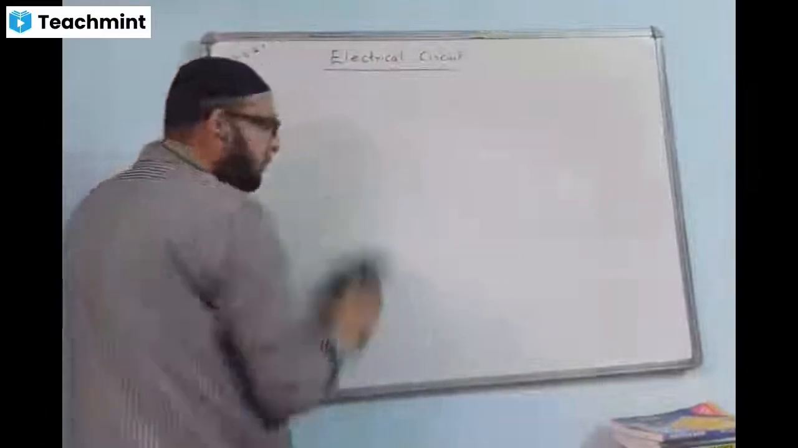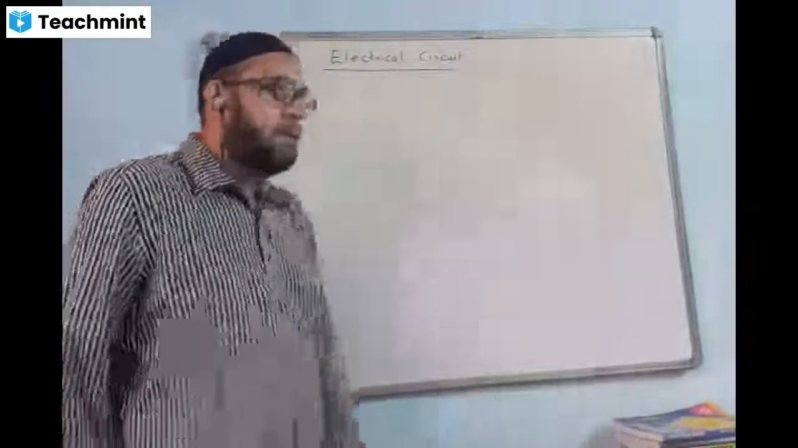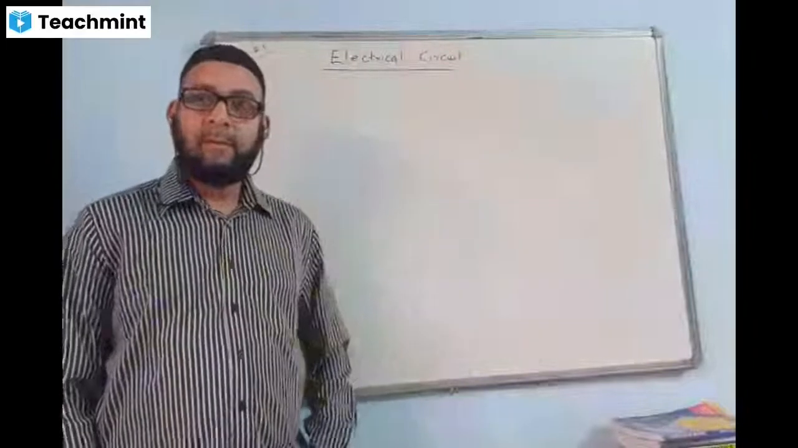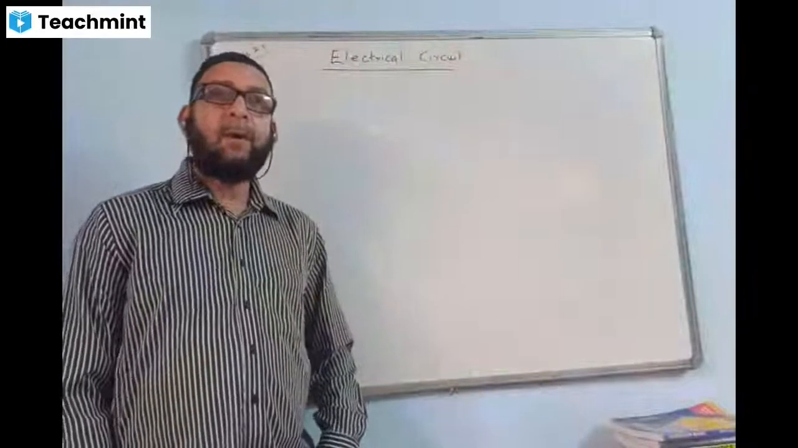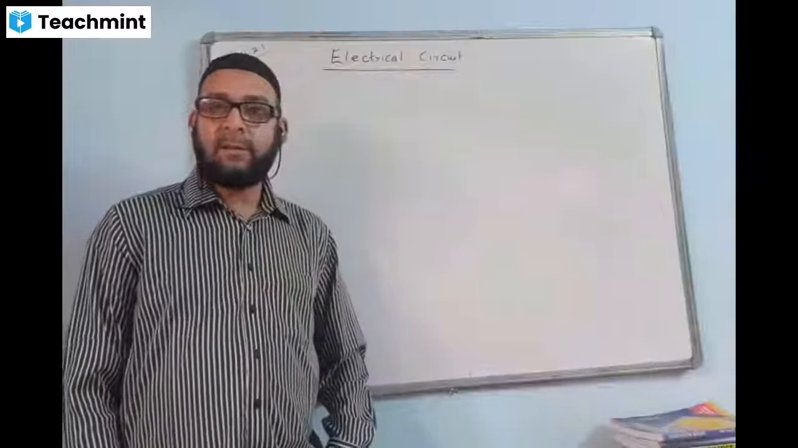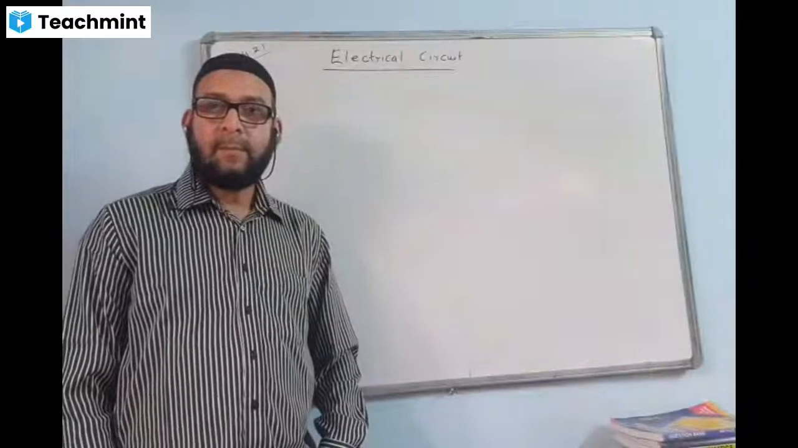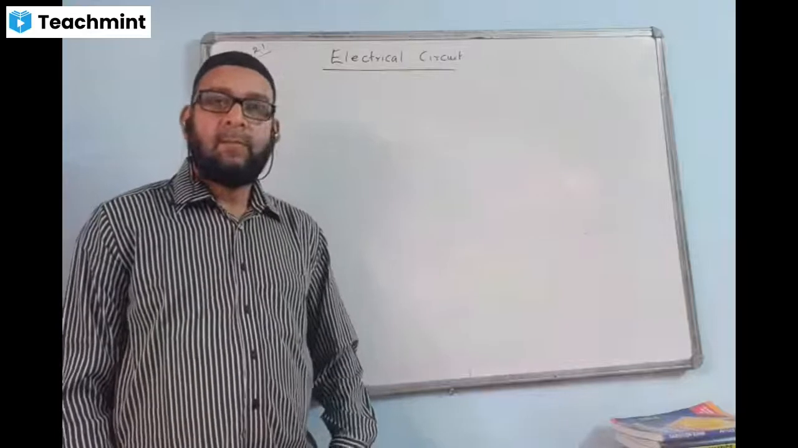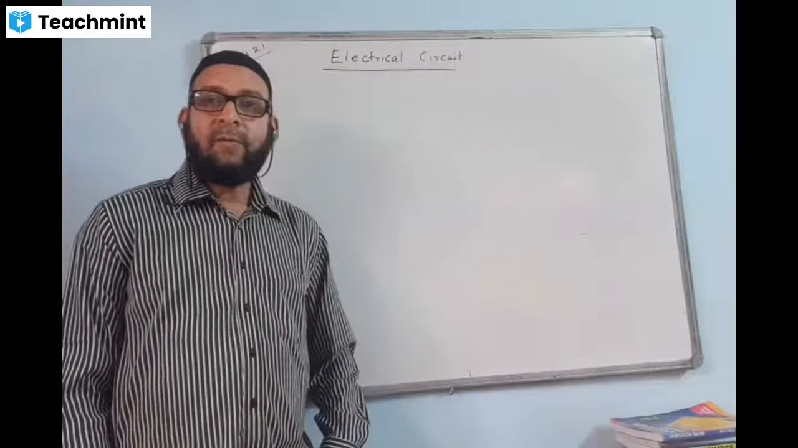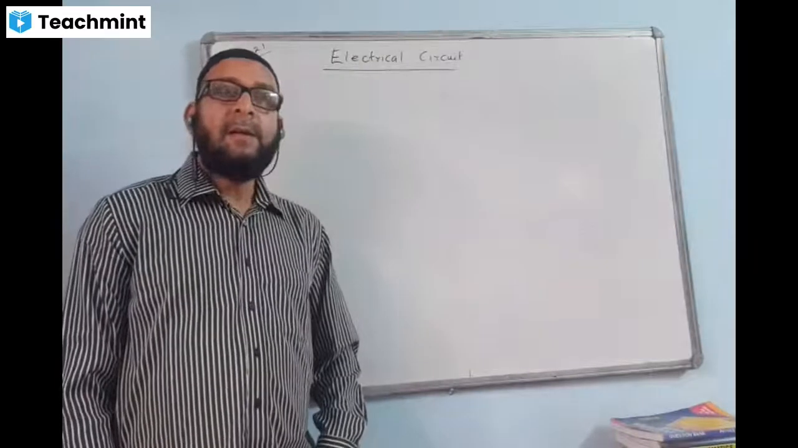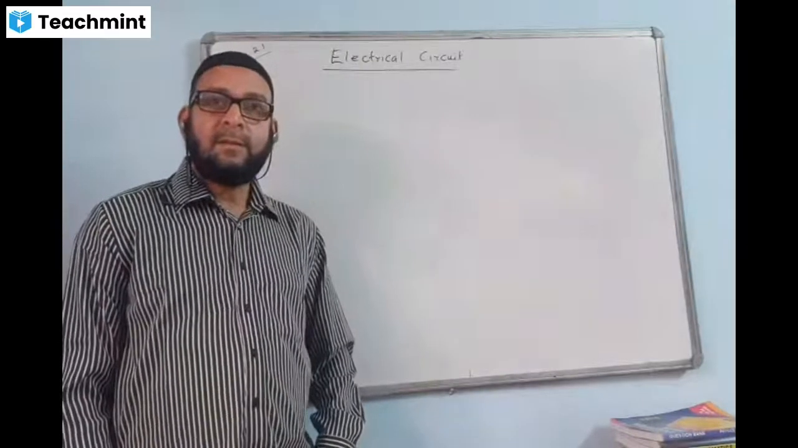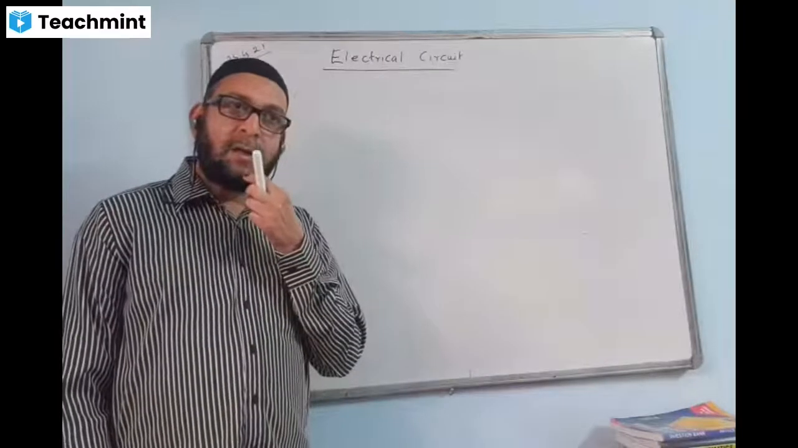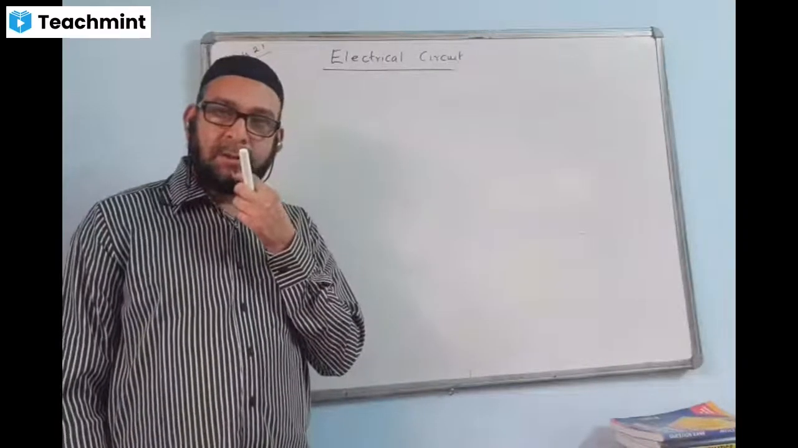Now one more question we'll do and then we'll start a new topic. Okay, right. When n, small n, identical cells of internal resistance r, small r, each